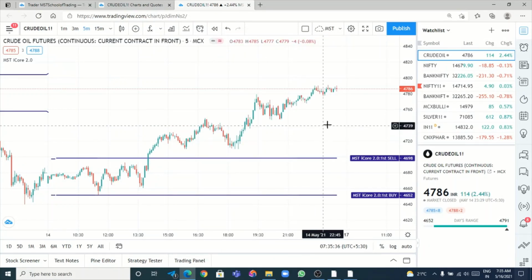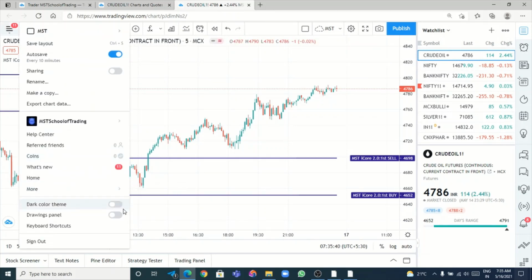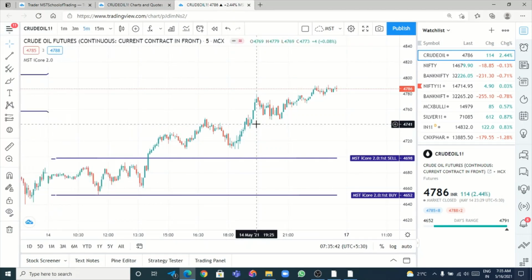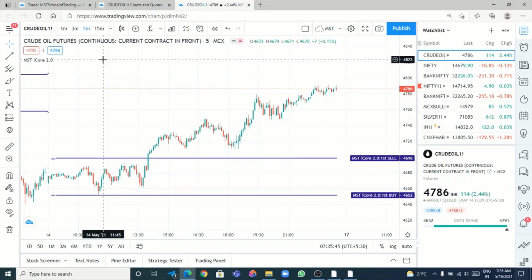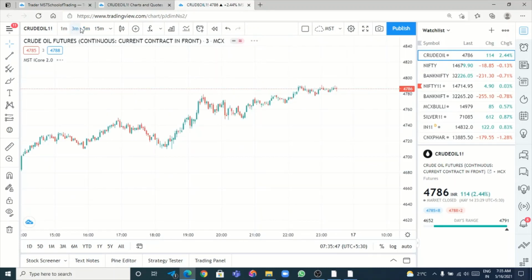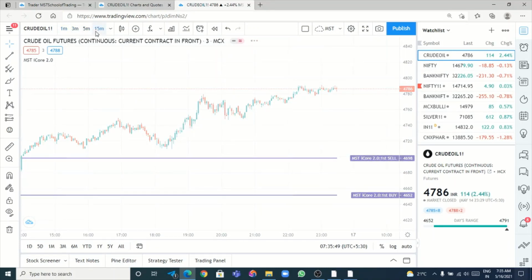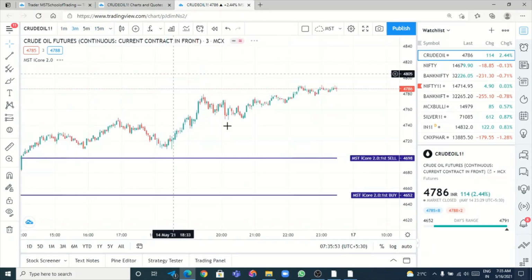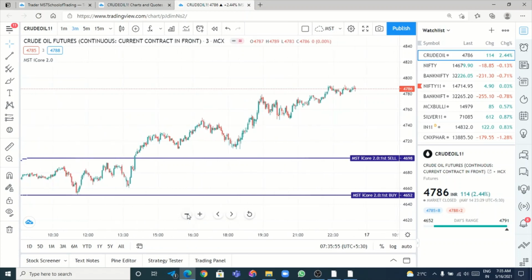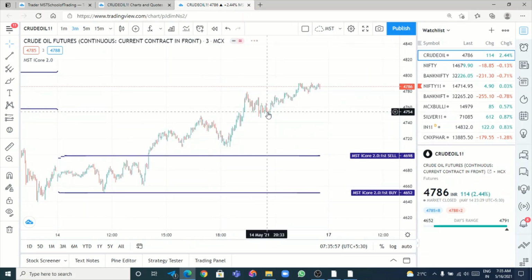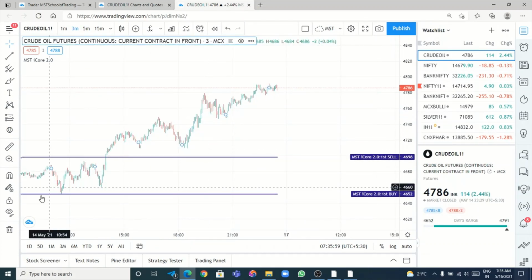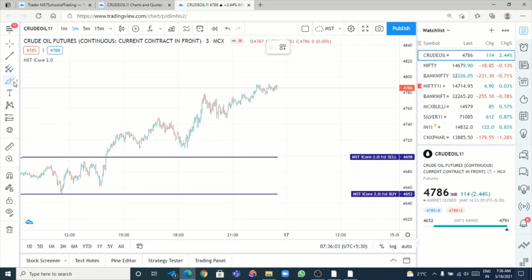See here, I will show you the example of yesterday. In the morning at 9:35, we will be enabling the indicator either in 3 minutes, 5 minutes, 1 minute or 15 minutes. Whichever time frame you want to follow, you can follow, no issue. If you want to follow 3 minutes, keep following only 3 minutes. If you want 5 minutes, you can follow 5 minutes, right? So now I have kept 15 minutes, 5 minutes, 3 minutes.